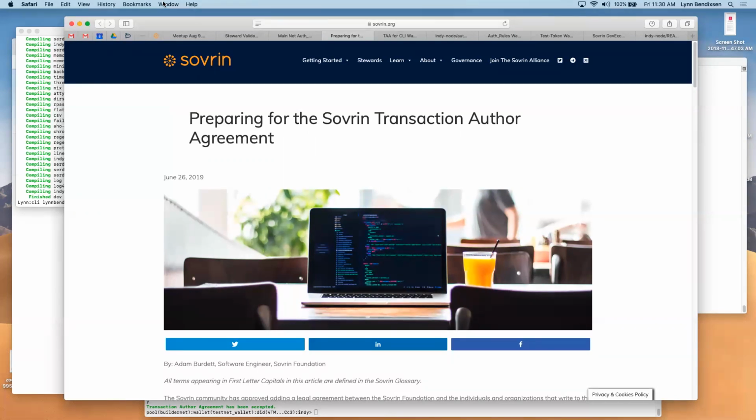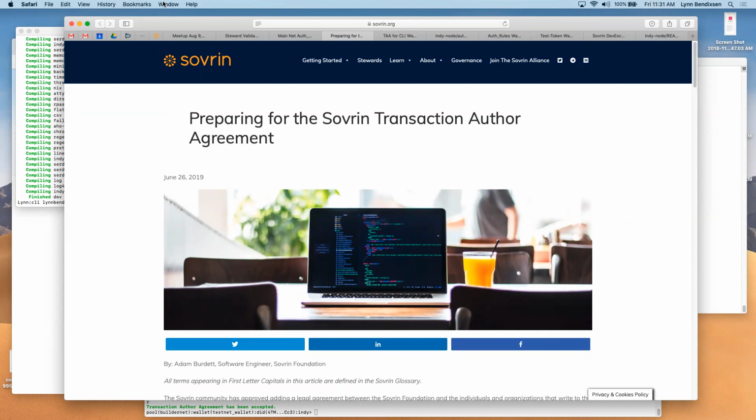So every country is comfortable using us. As part of that, we want to be compliant with laws around right to be forgotten, like GDPR. And to be compliant with that, we have come up with this transaction author agreement, which is like an end user's license. It's something anyone who wants to write to our ledger needs to be aware of and agree to, that our ledger is immutable, and when you put something on our ledger, it's there forever, and anyone can go into the history of our blockchain and be able to dig it up.